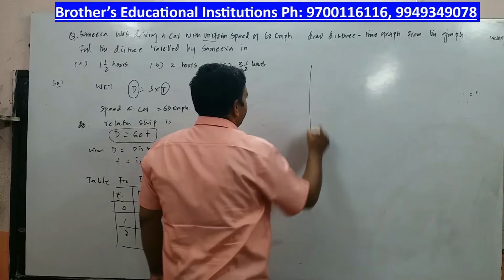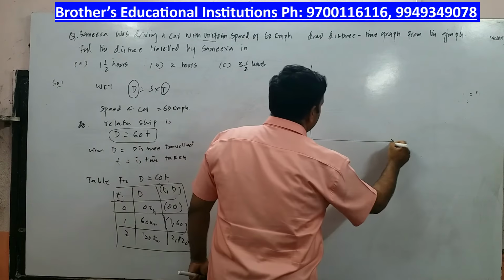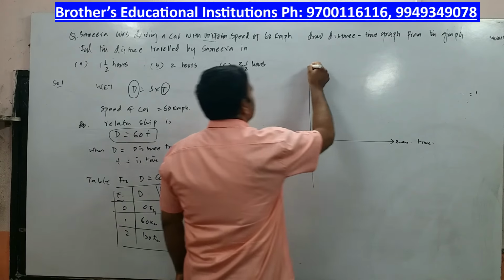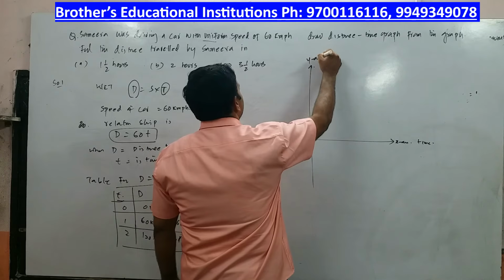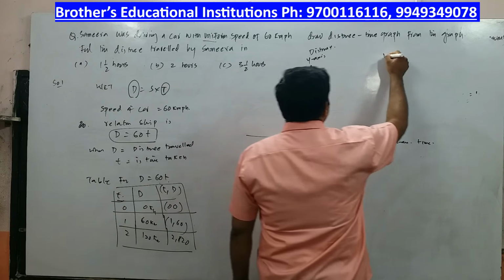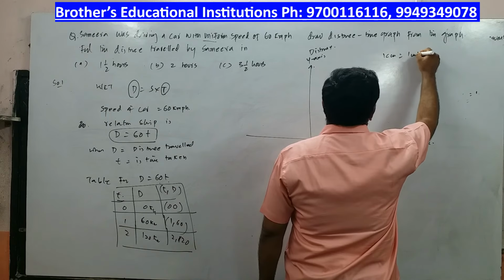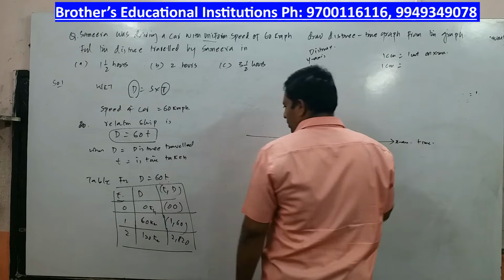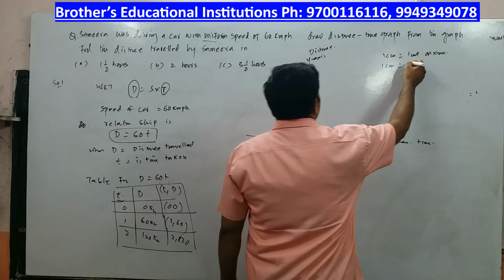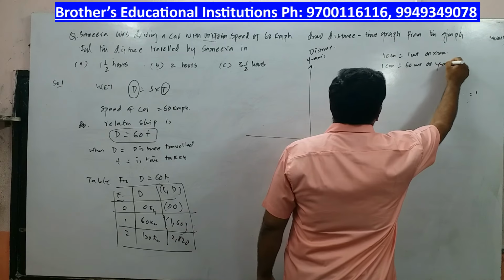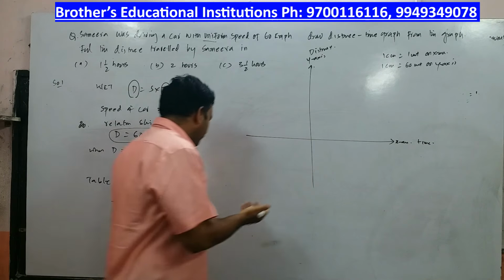I will say, on the graph, this is the x-axis, represented by time, and this is the y-axis, represented by distance travelled. Alright. Now I will take 1 centimeter equal to 1 unit on the x-axis, and 1 centimeter equal to, how many units shall I take? I will take 60 units on the y-axis. Now why 60? Because you can see it's a multiple of 60.